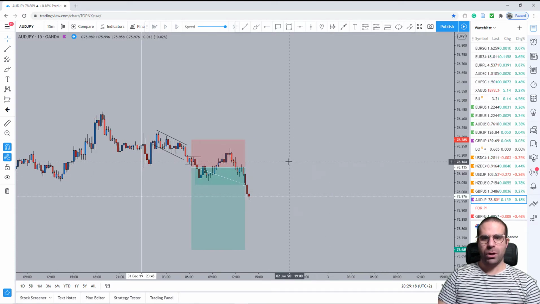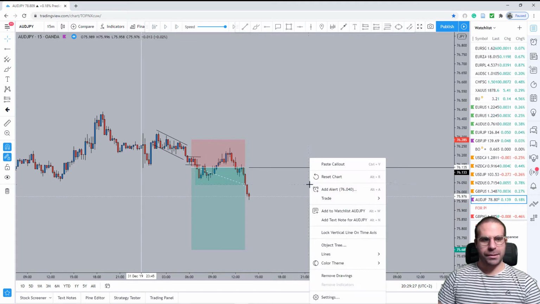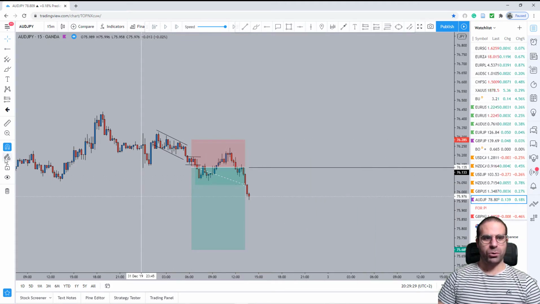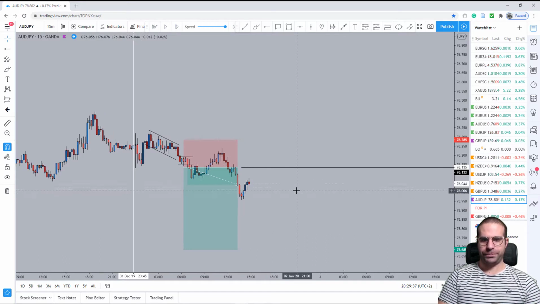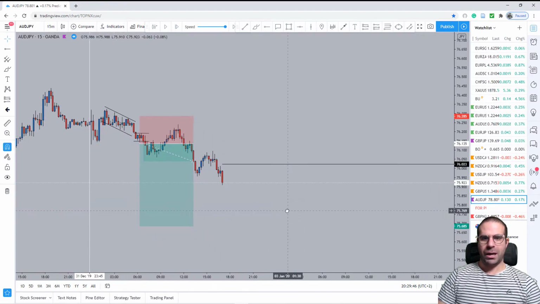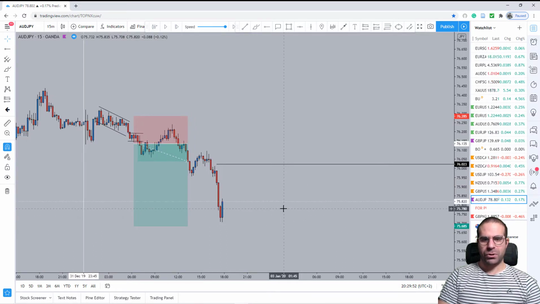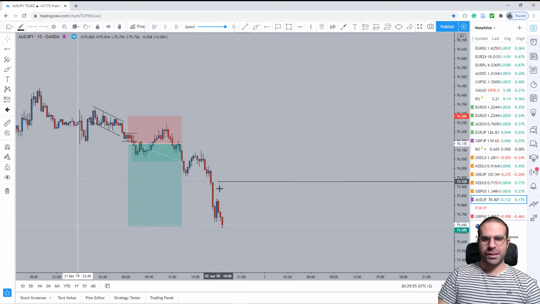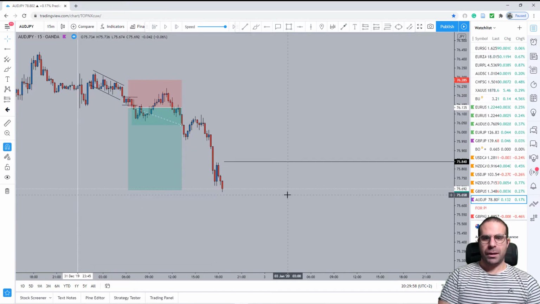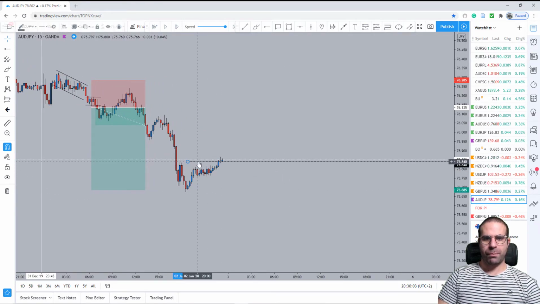Okay, that's beautiful. Now we will be placing our stop loss at break even, guys. So the stop loss is going to be going right here. Whoops, sorry for these lines. I have to delete the drawing mode. If you keep the drawing mode on the far left, it will be placing more and more lines. So let's see what happens with this trade. That's nice. Now I'm going to be locking some profits above this candle. And that's a very nice candle, guys. That's beautiful now. And now I'm going to be locking some more profits somewhere around here. And let's move forward. And we are stopped out with some profit here.